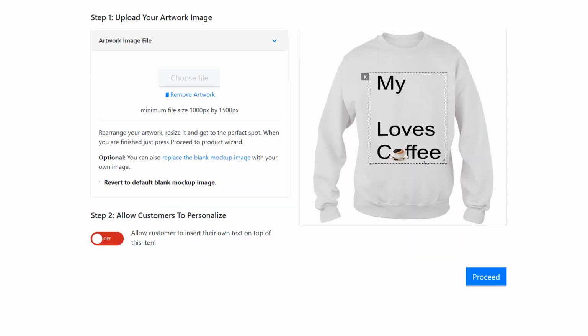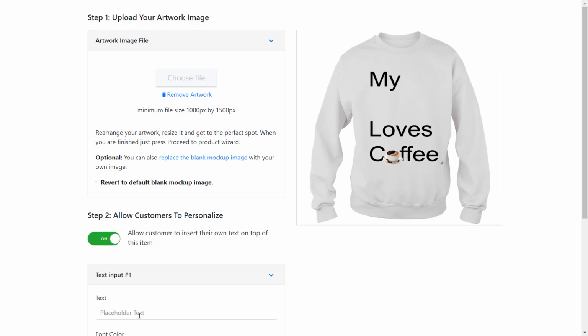So let's say you wanted to allow the end customer, meaning the person who is going to buy this from your store, the ability to put in their name or a friend's name or a family member's name into this product. Well, you can do that with our platform, and it's as simple as uploading your artwork and then turning on our personalization section. And when you do that, you just come down here, and let's say we'll put your name here,